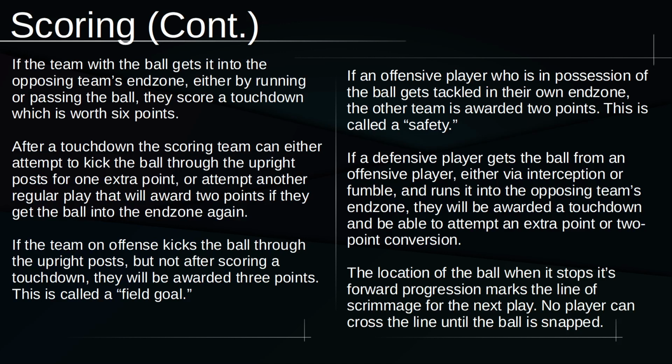After a touchdown, the scoring team can either attempt to kick the ball through the upright posts for 1 extra point, or they can attempt another regular play that will award 2 points if they get the ball into the end zone again. If the team on offense kicks the ball through the upright posts, but not after scoring a touchdown, they will be awarded 3 points. This is called a